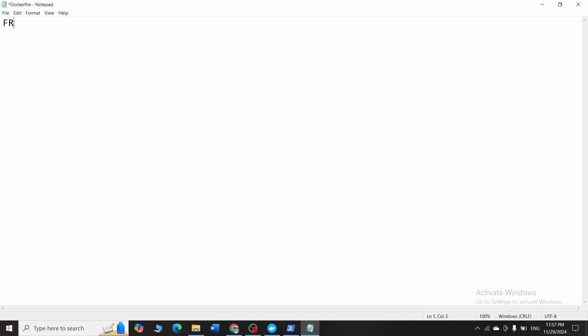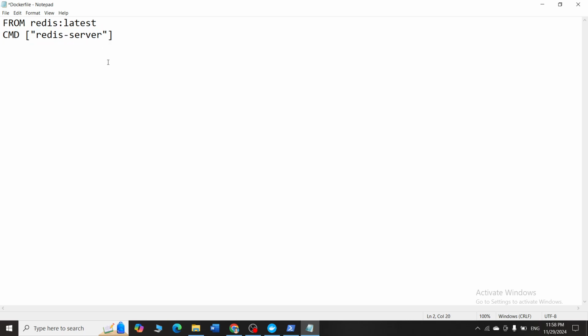What I will write is FROM redis:latest, and then CMD redis-server. These are the two commands that I am writing for my Docker. I am telling it to get the latest Redis application and run the application using the command redis-server.